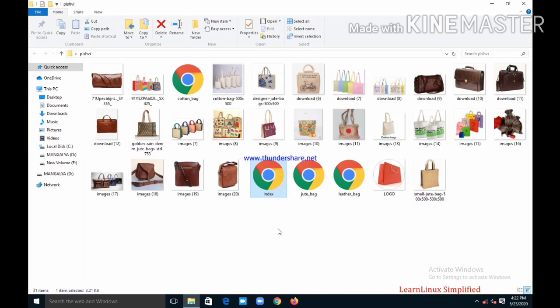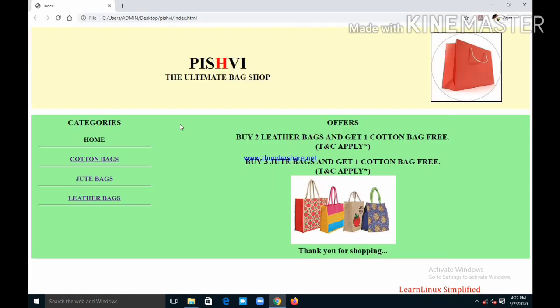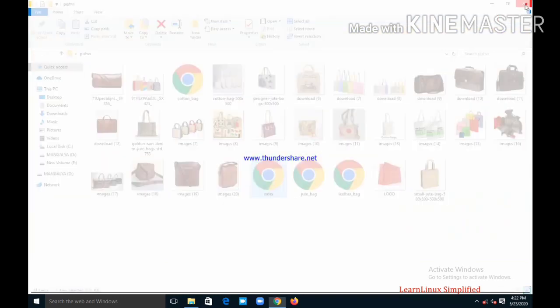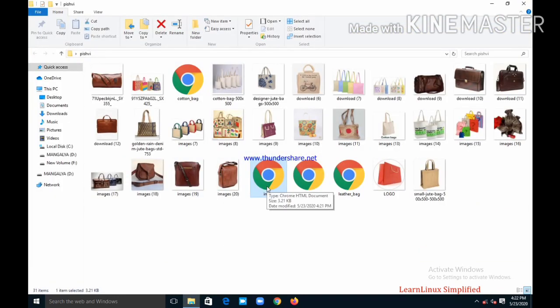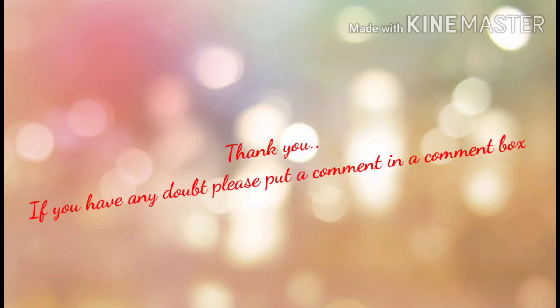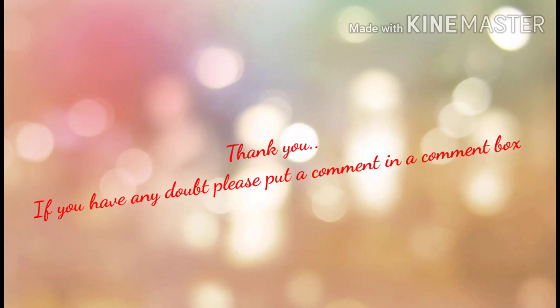You can see I copied all the pages from the home page and only afterwards changed it into offers. So this is the simplest and shortest way to design a website of 3 to 4 pages.